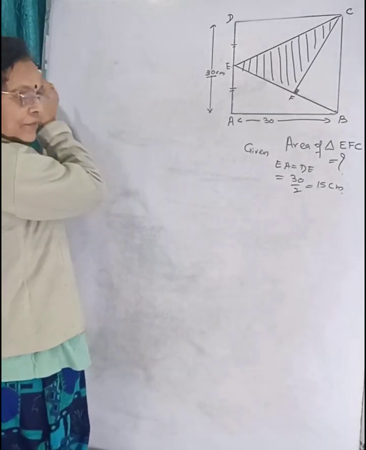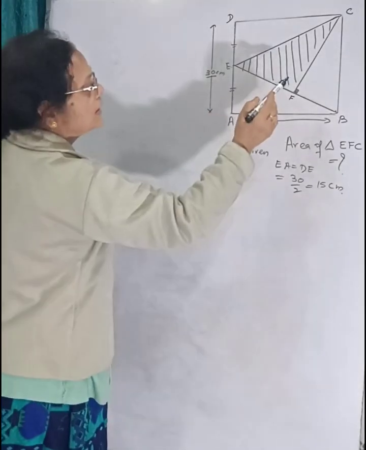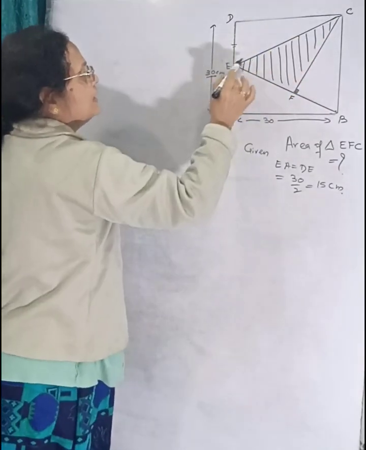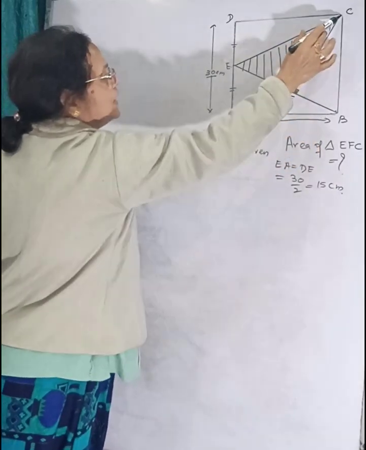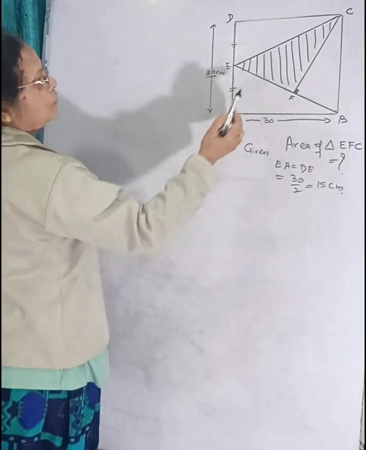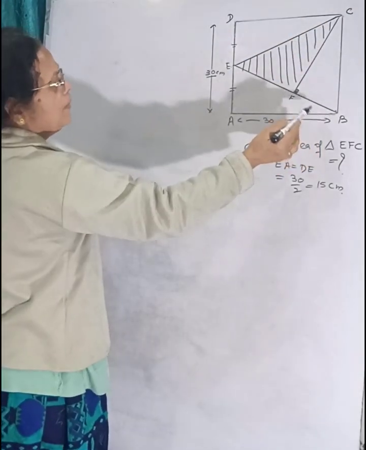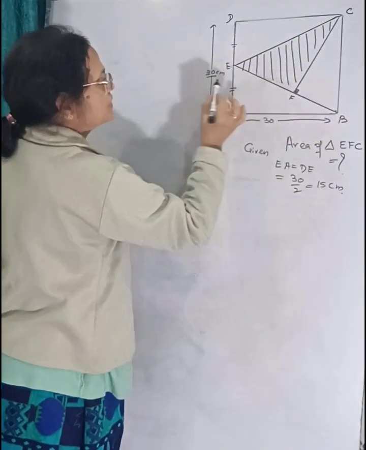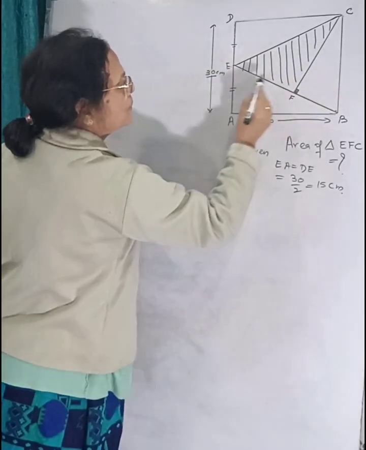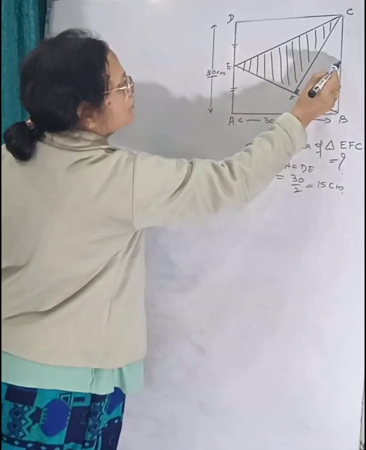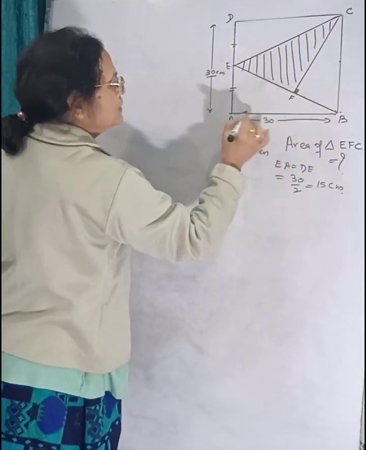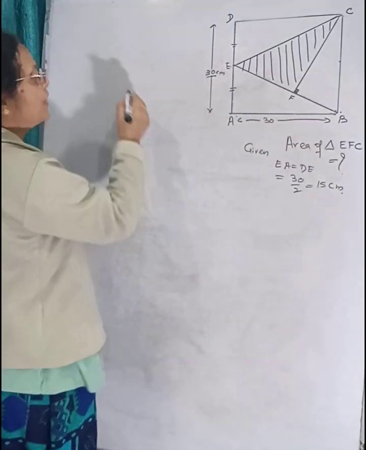To do this, the first thing that comes to mind is that first of all we should determine the area of this triangle CEB, and then we can find the area of CFB very easily. The area of this triangle can be found very easily because this is the base, which is 30 centimeter, and if we drop a perpendicular from here, that will be the height of this triangle. So this into this by 2 will be the area of the total triangle.